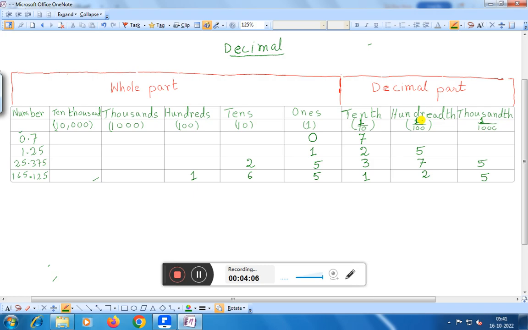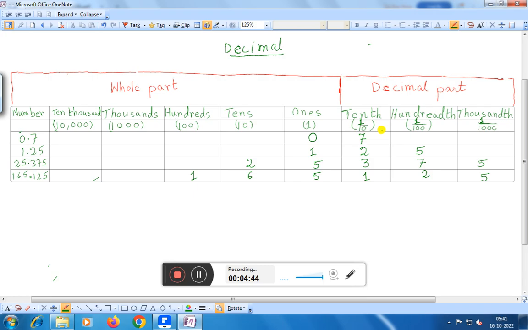Now this is the decimal. Besides that, we will discuss some points. Suppose this is the chart of decimals, how to put the place value in decimals. Here you see this is the decimal part: tenth is 1 by 10, hundredth is 1 by 100, and thousandth means 1 by 1000. Ones, tens, hundreds, thousands, 10,000. This is the whole part, and this is the decimal part: tenth, hundredth, thousandth. In this way, you have to put all the